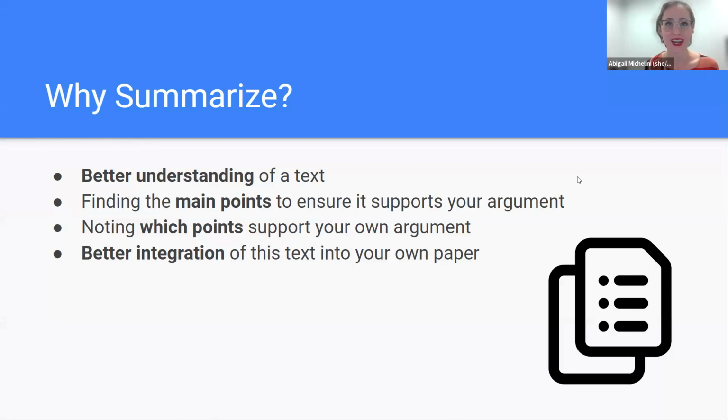We're probably not going to end up copying and pasting a summary into a research paper, right? Or we shouldn't. But it's still helpful to summarize the source to get a better understanding of the text as a whole. And I'm talking about a relatively short summary here, like 5 to 7 sentences, to show that you understand the text as a whole, you understand what's going on in that text, and you can better identify how